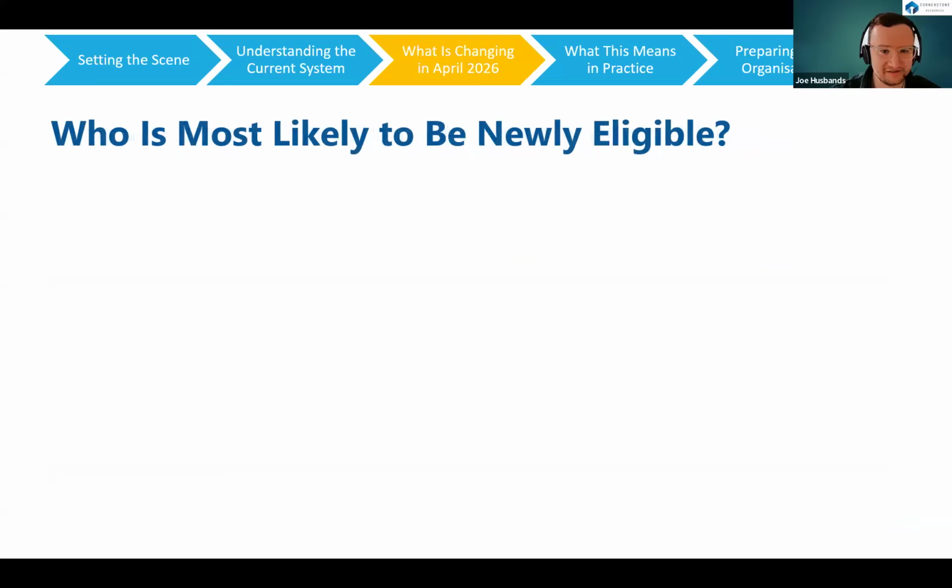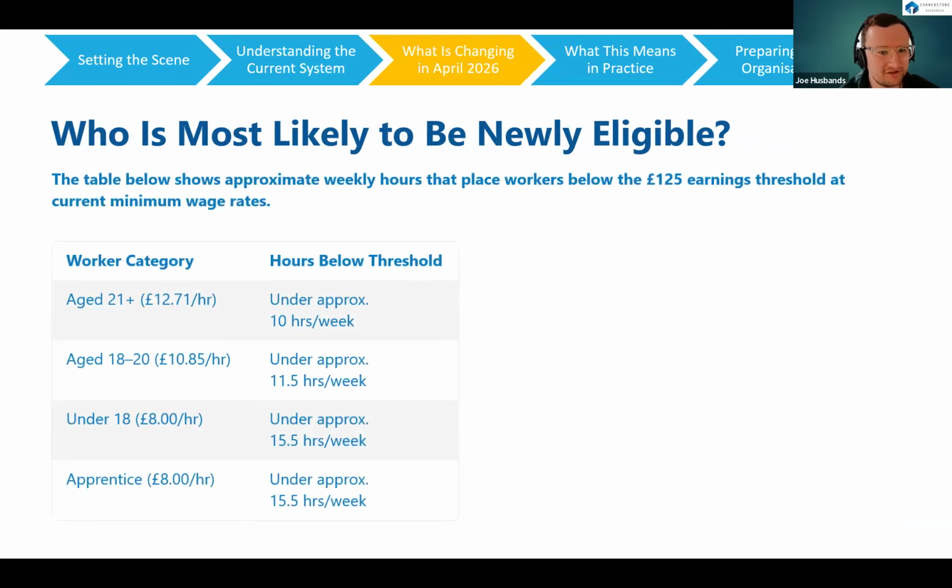If we translate that into hours worked, we can estimate which employees may fall below the threshold. So, for example, someone aged 21 or over earning £12.71 an hour would fall below the threshold if they worked roughly under 10 hours per week. For employees aged 18 to 20, the figure is slightly higher at around 11.5 hours per week. And for under 18s or apprentices earning £8 per hour, the threshold would be roughly 15.5